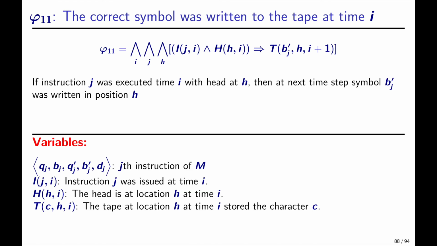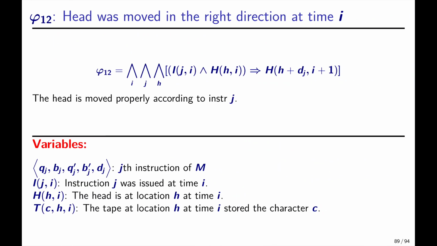Now we need to say that the correct symbol was written to the tape. So it's the same logic, right? If we execute command J at time I, and the head is at location H, then at time I plus 1, at location H, what's written is what is in the transition. So again, after you open it up and so on, this is a huge CNF formula, but still polynomial size. So everything is good. And finally,